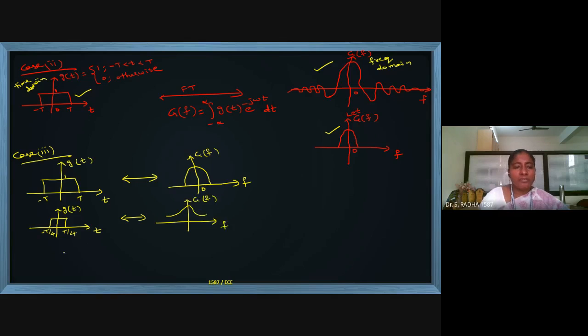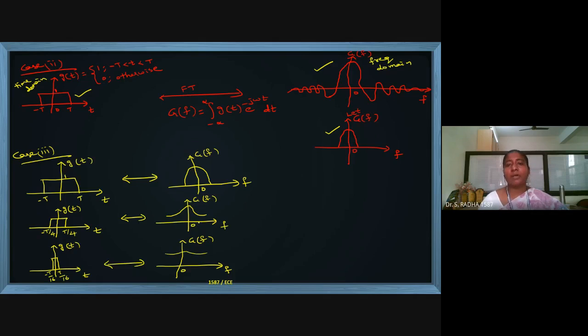Still if you reduce, very narrow, minus t by 16, roughly I am writing plus t by 16. If this is my g of t, then this diagram will still become like this. This is g of f. It will not touch the x-axis. It will move away from the x-axis, trying to become horizontal.